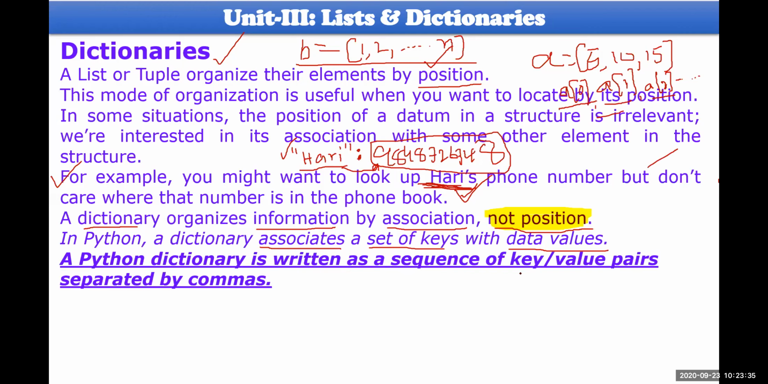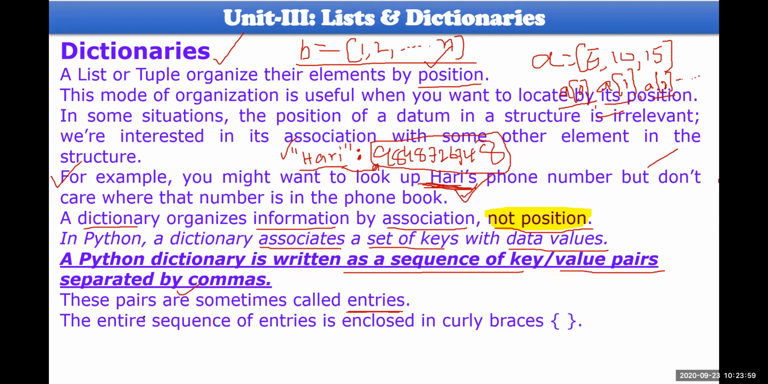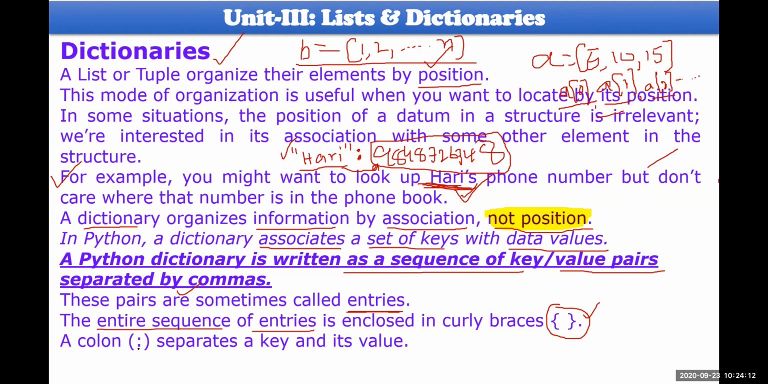Keys and value pairs. If one key value pair is there and you want to write one more, they will be written by separating them with commas. These pairs are sometimes called entries of the dictionary. This entire sequence of entries will be enclosed with curly brackets, something like this, and each key and value will be separated by a colon, something like